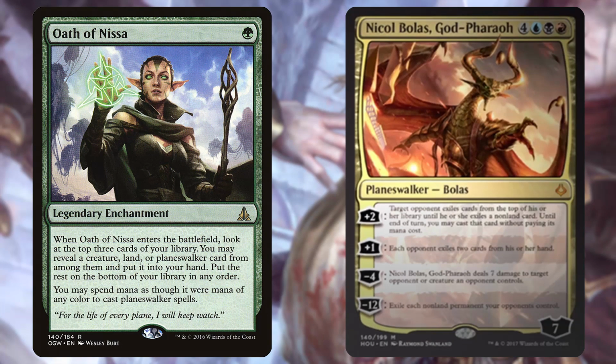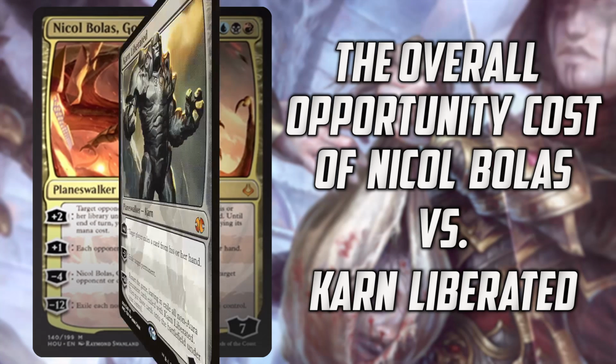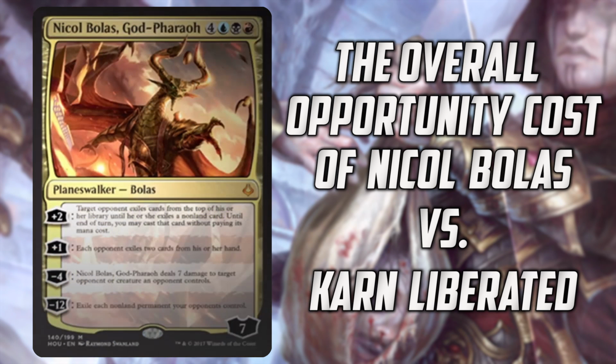Still, though, when you consider you're going to have to play Oath of Nissas, you're going to have to find the mana to cast Oath of Nissas, and kind of warp your deck to play Nicol Bolas, with all of the things that go into casting a Nicol Bolas, God-Pharaoh in your Tron deck, is it still going to be better than Karn Liberated? And the answer there is pretty clearly no. When you consider all the hoops you have to jump through, the opportunity cost of playing Nicol Bolas is pretty high,